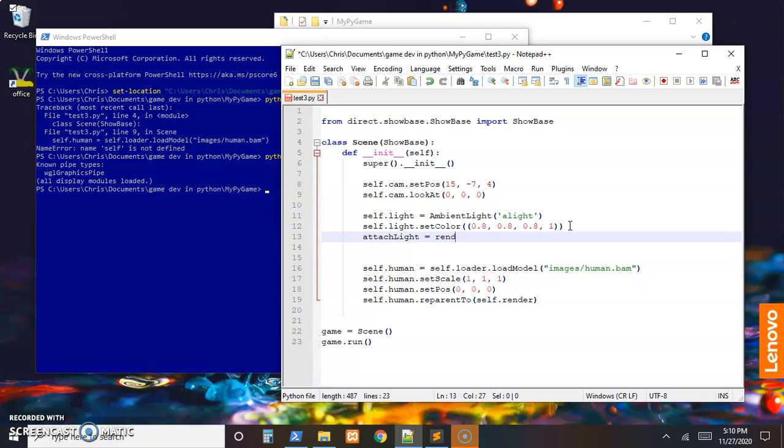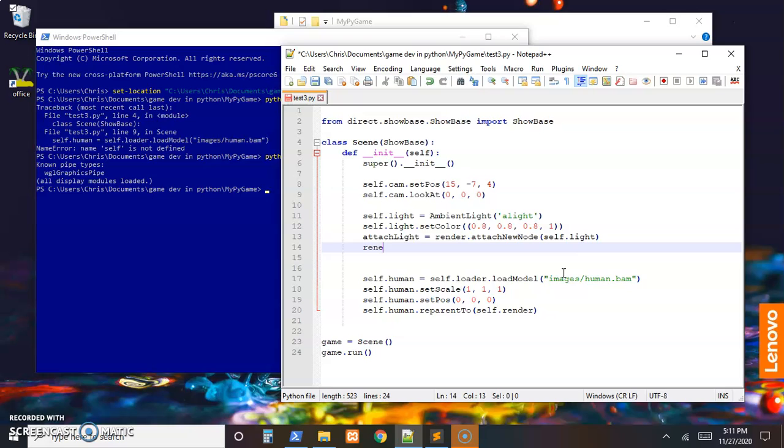and that's going to be that render object. And we want to attach a node to it. Attach new node, and the node we're going to attach is that light we just created, the self.light, and then render.set light,